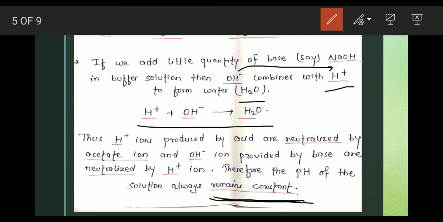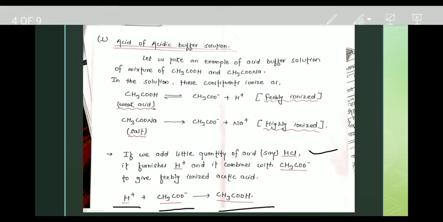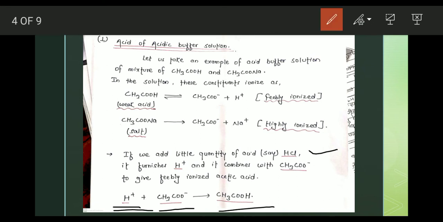Yeah, as you can clearly see, water buffer solution, actually we have already discussed, is a solution which resists the change in pH even on the addition of a small quantity of acid or base. And we have two conditions. We have seen that if we are adding acid, then there is no change, as the H plus obtained combines with the acetate ion. In the previous part you can see here, the H plus ion produced combines with the acetate ion and forms acetic acid. Clear?